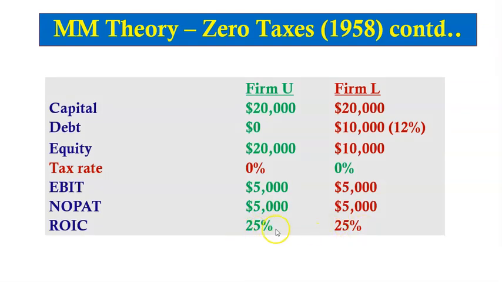That is, both the firms have the same basic earning power. This is obtained by dividing the NOPAT by the total capital. So $5,000 divided by $20,000 gives us a return on invested capital of 25% for firm U as well